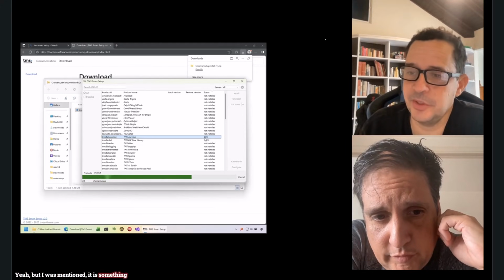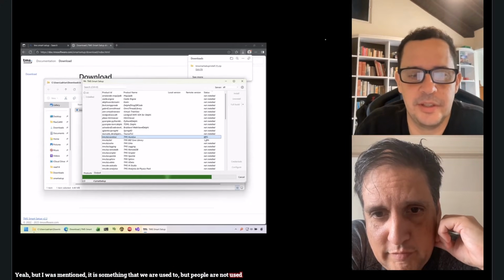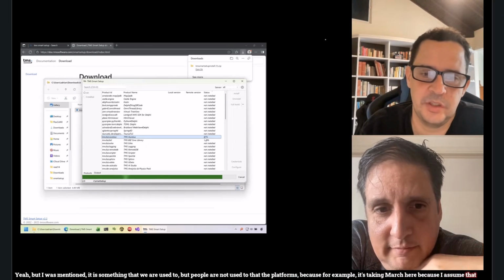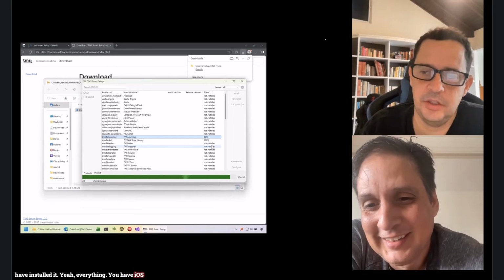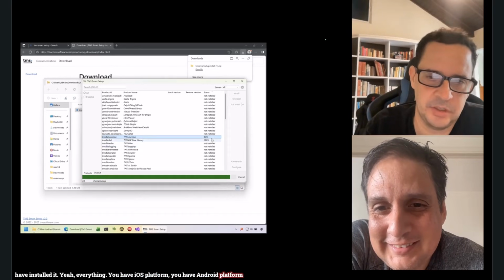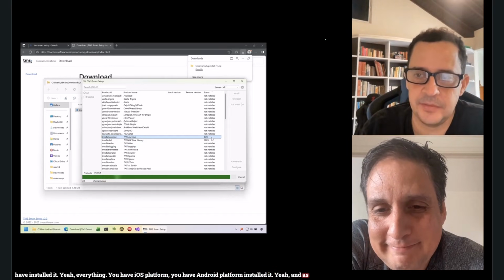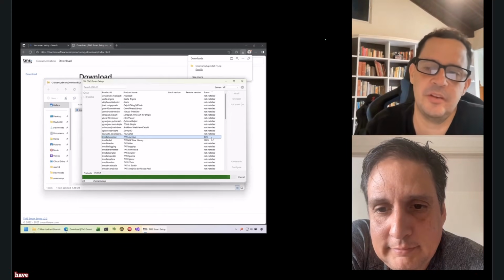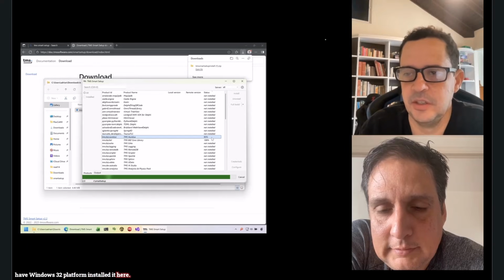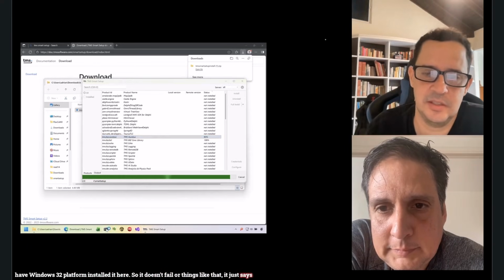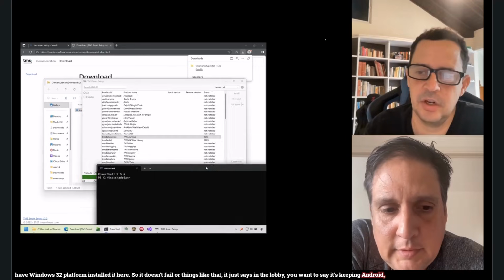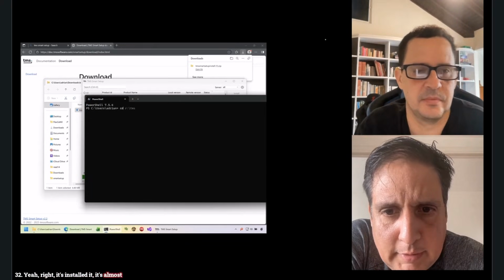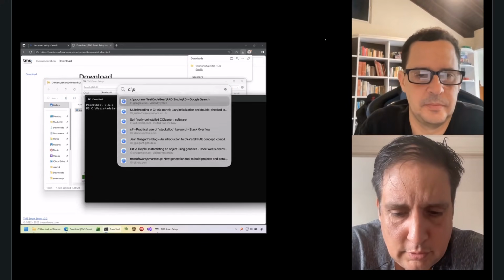But I was mentioning it is something that we are used to, but people are not used to that. For the platforms, it's taking more time here because I assume that you have installed everything. You have iOS platform, you have Android platform installed, and Smart Setup is smart enough to detect, for example, I only have Win32 platform installed here, so it doesn't fail or things like that. It just says in the log, if you want to say, skip in Android, skip in iOS, and install it for Win32. Well, it's installed, it's almost ready, but we are going to go to